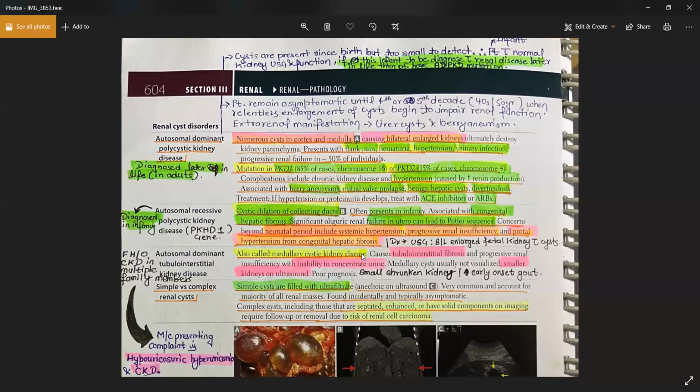And because it is autosomal dominant, multiple members of the family will have a history of chronic kidney disease. So if a patient has a family history in which multiple family members have renal failure, you can think about autosomal dominant tubointerstitial disease. On CT or MRI, the patient has bilaterally shrunken kidneys, and because it is a family condition, it means autosomal dominant tubointerstitial kidney disease. They will ask you about the specific gravity; it will be very low because the patient cannot concentrate the urine. You'll also have tubointerstitial fibrosis, which you will see on biopsy.